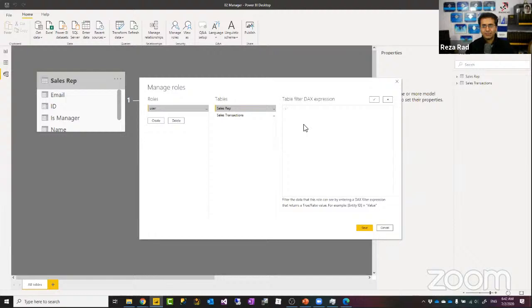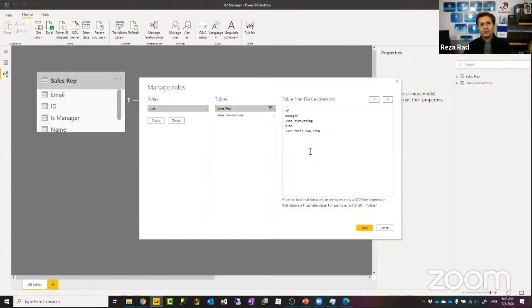If it is manager, see everything, right? Else, see their own data, right? This is not really DAX code. This is pseudo code just to give you an idea of what it should look like. So I should write a DAX expression like this.